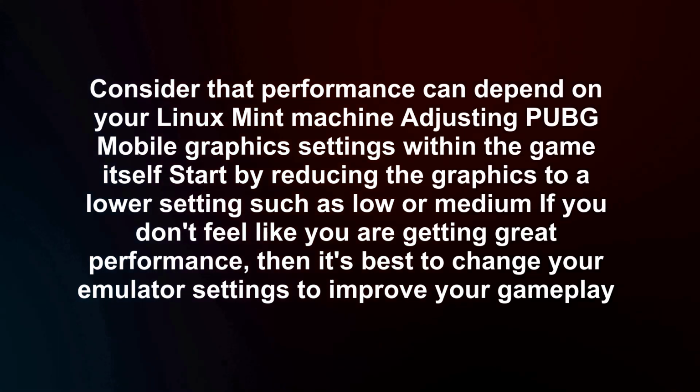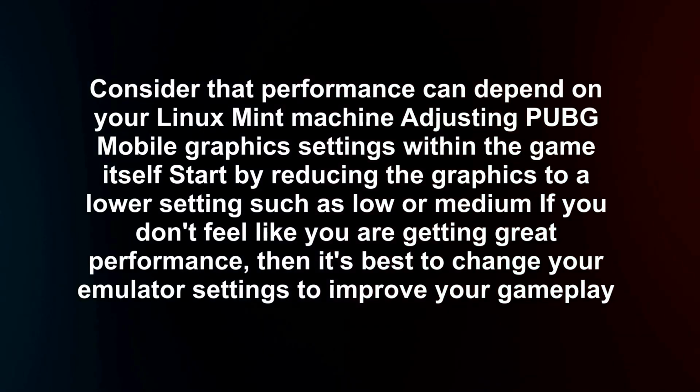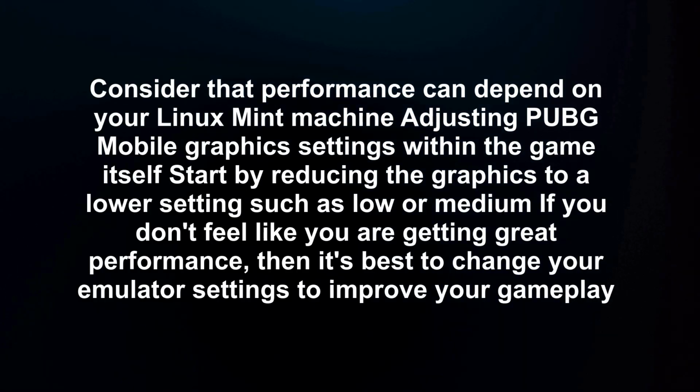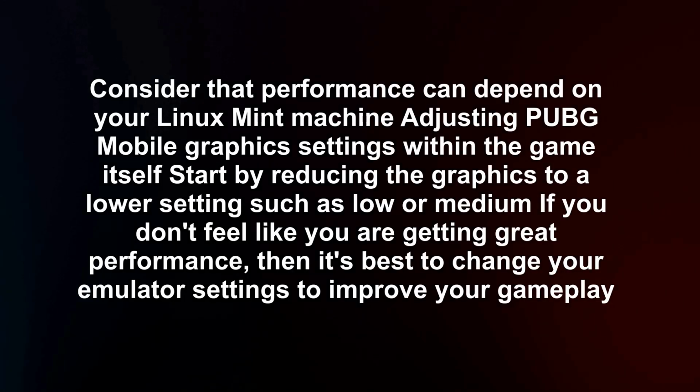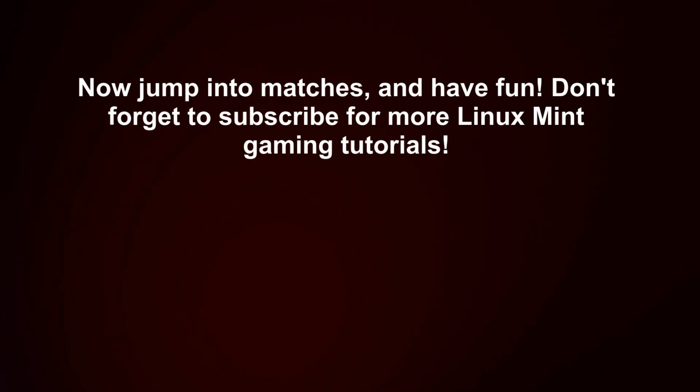Consider that performance can depend on your Linux Mint machine. Adjust the Pubg Mobile graphics settings within the game itself. Start by reducing the graphics to a lower setting such as low or medium. If you don't feel like you are getting great performance, then it's best to change your emulator settings to improve your gameplay. Now jump into